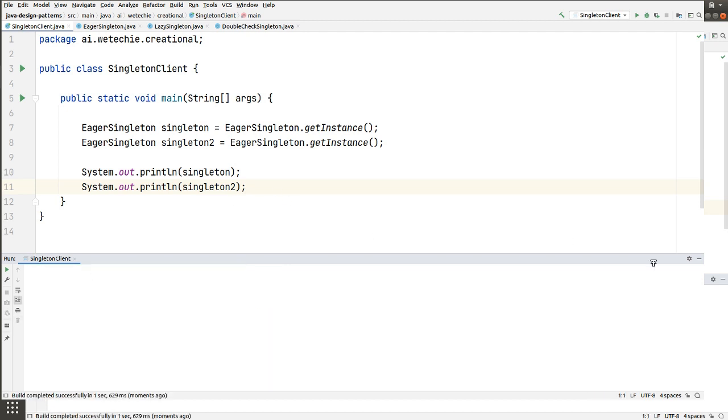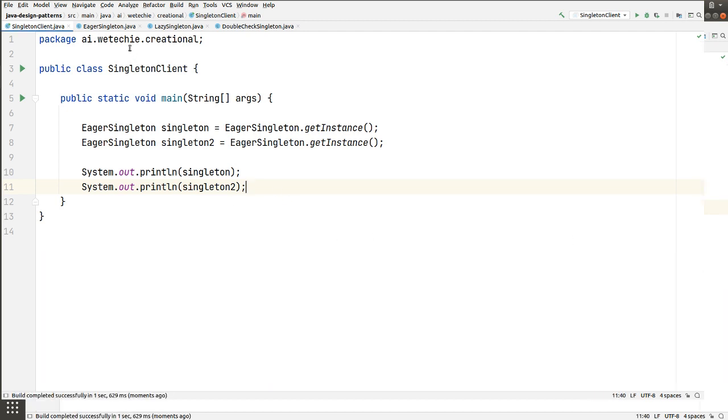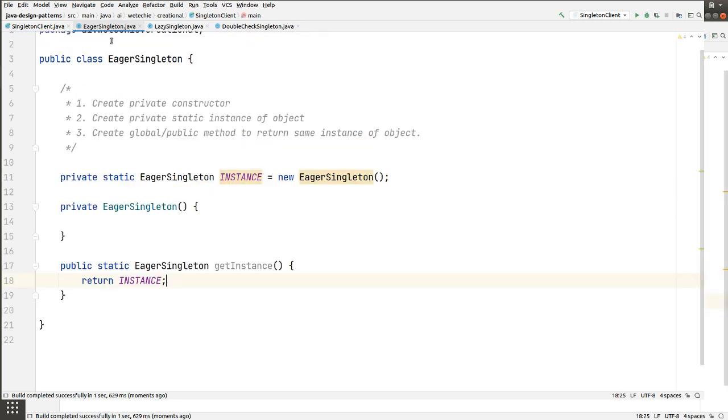But there is one limitation of using this eager singleton class, which is it will create the object always while loading your class into memory, whether you are using this class or not, right? It will consume your memory.